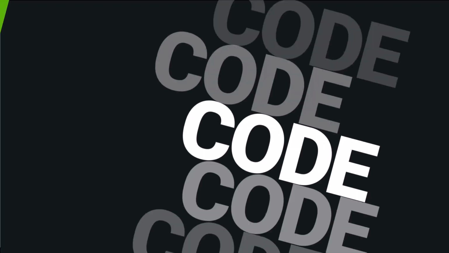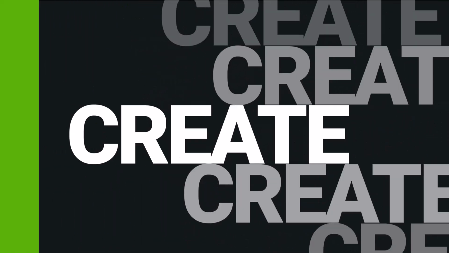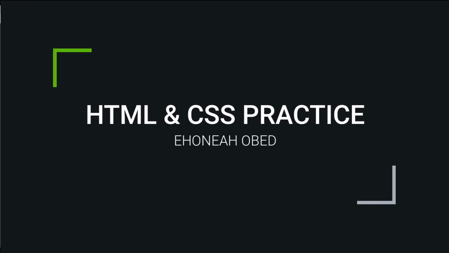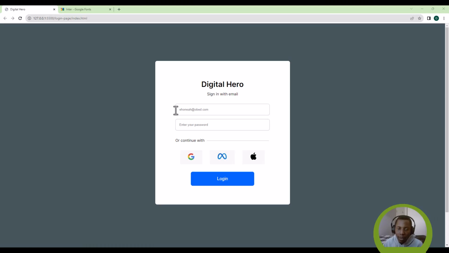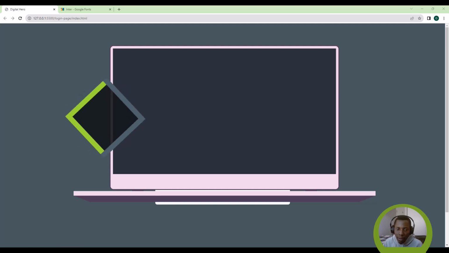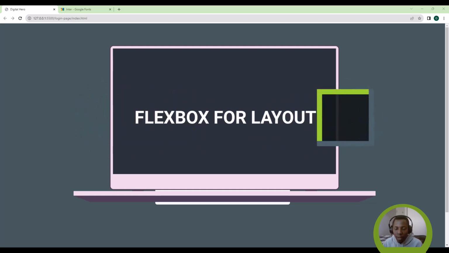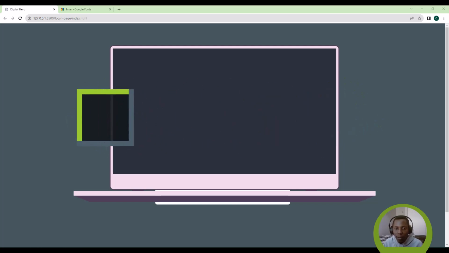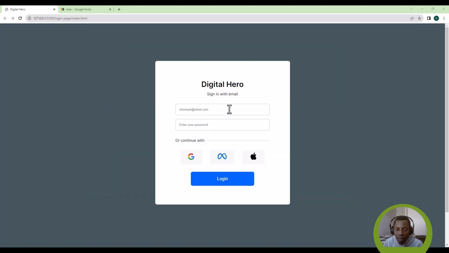This is an absolute beginner's tutorial that shows you how to use basic HTML and vanilla CSS to build a login interface like this. One of the key CSS concepts that we're going to be using a lot in this tutorial is Flexbox. And I know a lot of people have issues appreciating how to use Flexbox. So I'm going to use it heavily in this tutorial